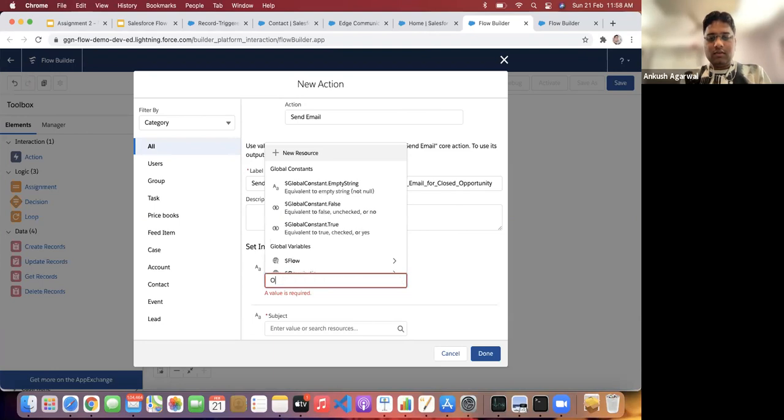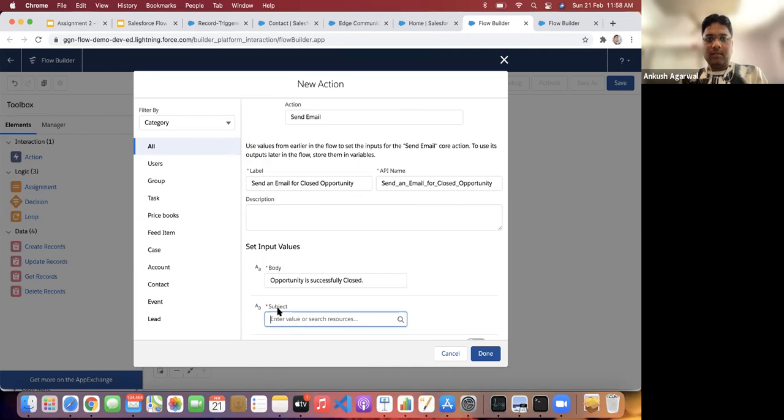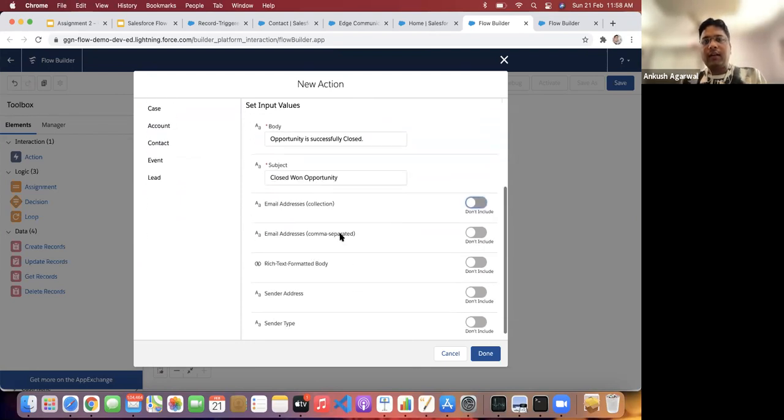Okay, opportunity is successfully closed. Okay, and subject, we'll just mention closed won opportunity. And we can define the email addresses over here.